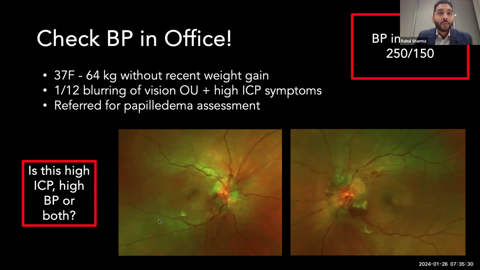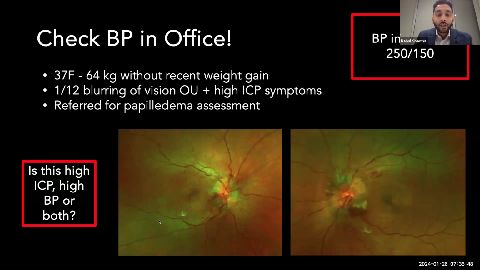And in the case I'm presenting, the Optos photos below show very severe bilateral disc edema with hemorrhage and cotton wool spots. The patient had a markedly elevated blood pressure indicative of hypertensive emergency. They were admitted to hospital, they were managed for this, but we suspect that they probably had two diagnoses because